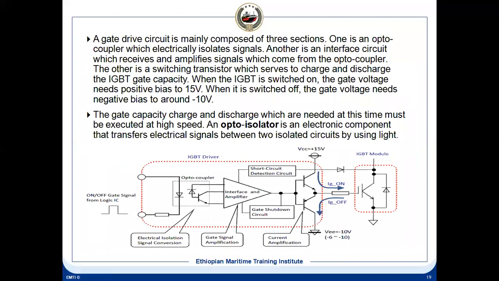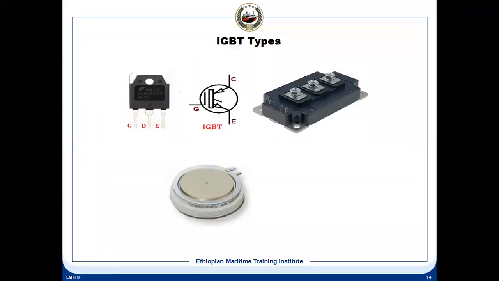So these are the shapes of IGBT. When you look at IGBT, it can come in different shapes. Nowadays on board ship, all the winches, like windlass and mooring winch, use frequency converters. A frequency converter is nothing but a variable frequency drive. In that we are using IGBT. Here we are using this type of IGBT. Here also you can see small IGBTs.